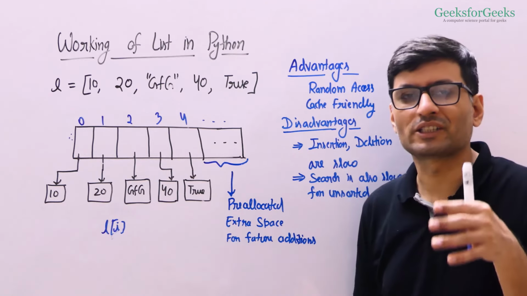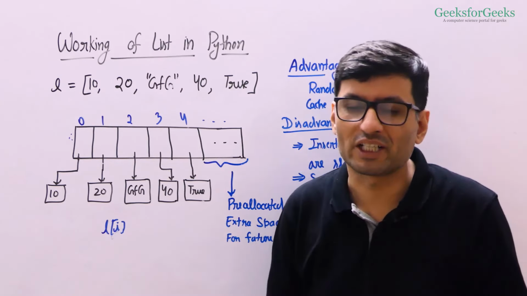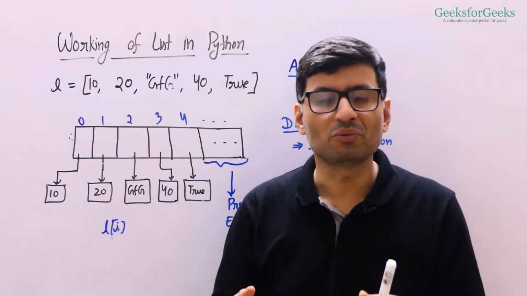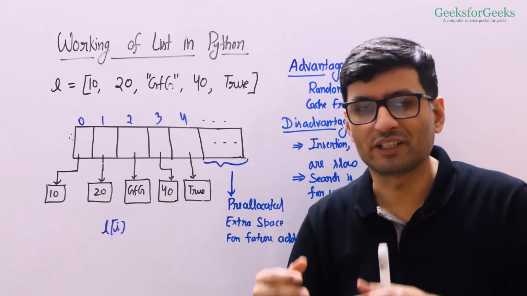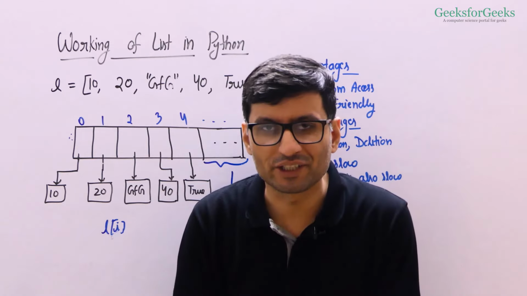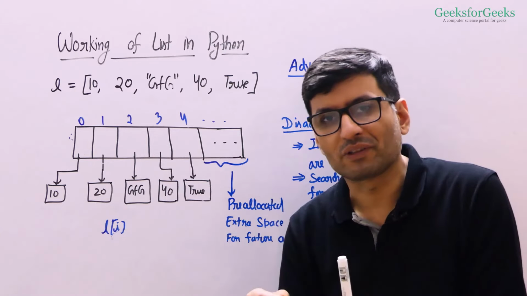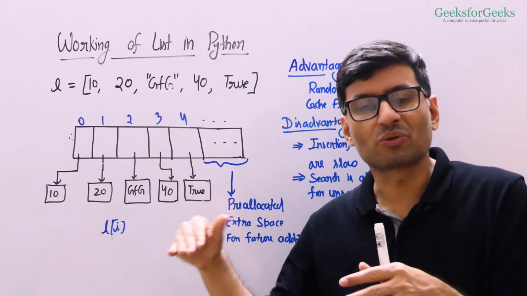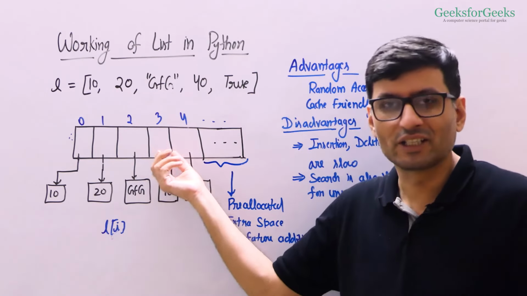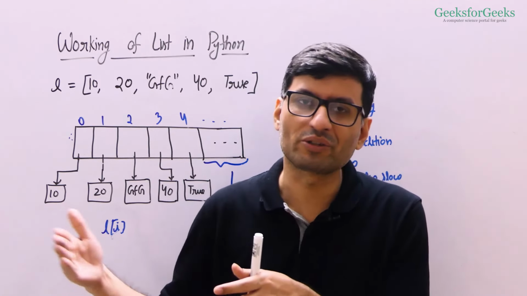The other advantage of this array structure or list structure is cache friendliness. What do we mean by cache friendliness? There is a concept called locality of reference. What CPUs do when they fetch an item is store the data in cache memory, and they also pre-fetch the nearby location data using the locality of reference concept. In the case of lists or arrays, these items are stored at contiguous locations. So when you are traversing through a list, it's very likely that these references are already there in the cache. So cache misses are going to be fewer if you have items at contiguous locations.